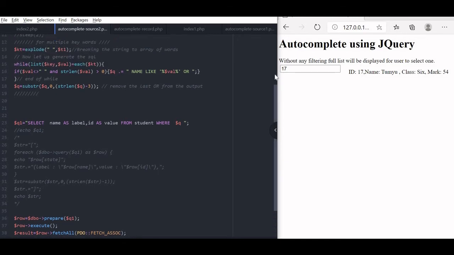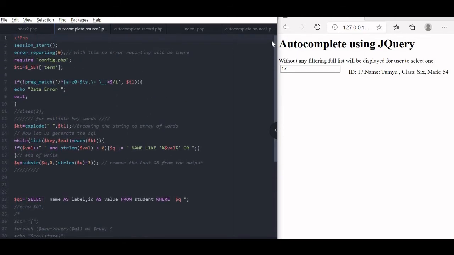This is more of a backend script than a front-end jQuery script, where our jQuery part does not change much. The important part here is that we collect the entered search string, or user-entered keys, in this line. It is available by default as term. So, this is available to us as term.